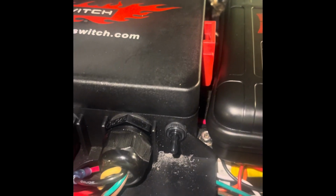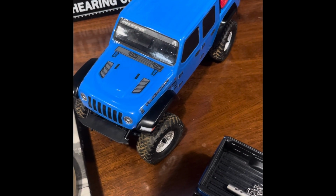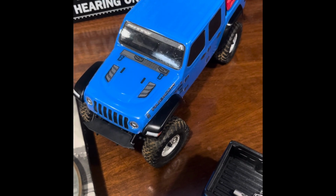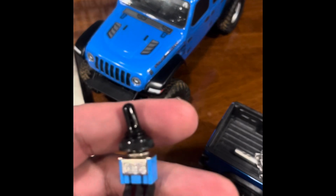Lights on without the ignition. Lights only on when the ignition is on. For the Gladiator mod, Voswitch, on with ignition or on without ignition, you're gonna have to get a three-way switch